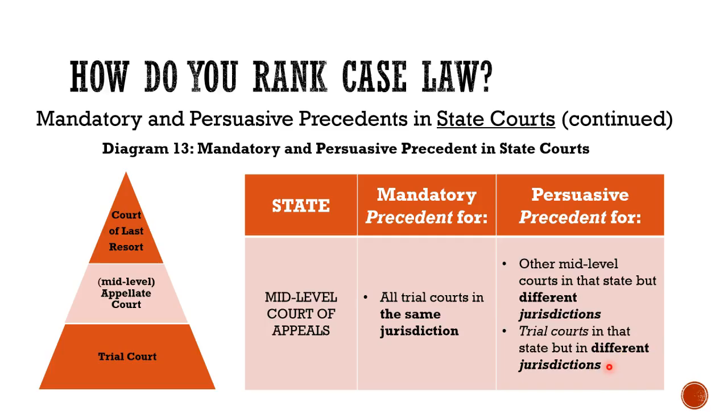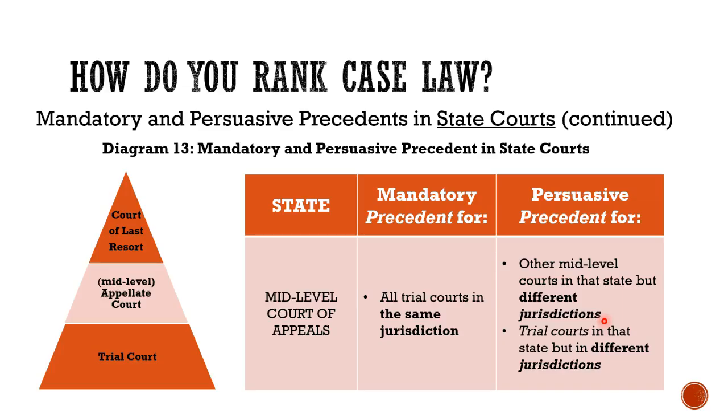Let me see if I can put this into some better perspective than just this slide does. In a previous presentation on Chapter 3, for example, I believe I included the case of Pardo versus State. It's a criminal case where the court discusses mandatory versus persuasive precedent in relation to different jurisdictions. And for example, in Florida, our mid-level courts, there are 6 district courts of appeal. That's our mid-level court of appeals, and they are organized geographically. If I'm in a mid-level court, either in the trial court of that mid-level court or in the mid-level court itself,